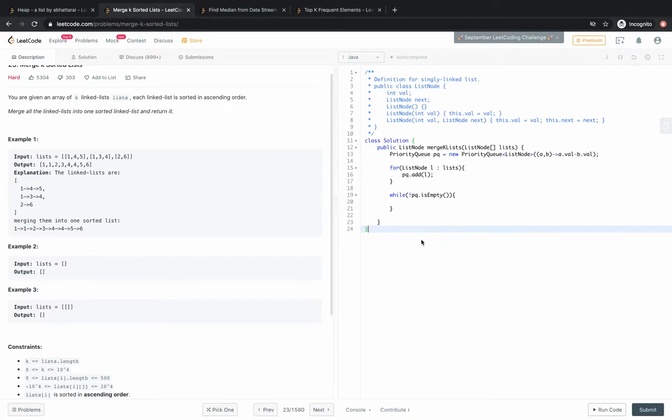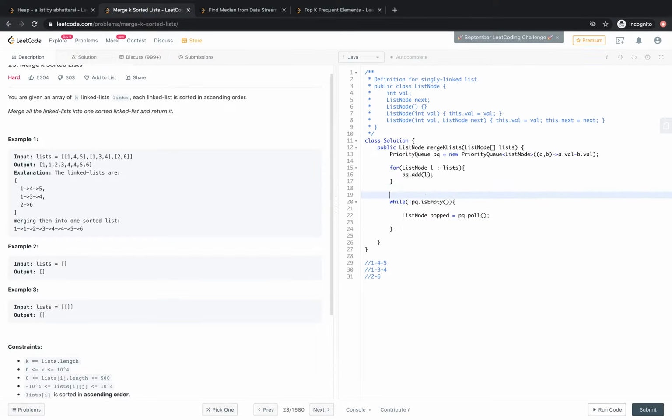we'll poll. So right now at first we'll have 1 4 5, then for this example 1 3 4, 4 5 1, 3 4. We added all this to the priority queue, and now these are all sorted by the values of their head nodes. So we do ListNode popped equals priorityQueue.poll. Once we pop this out,